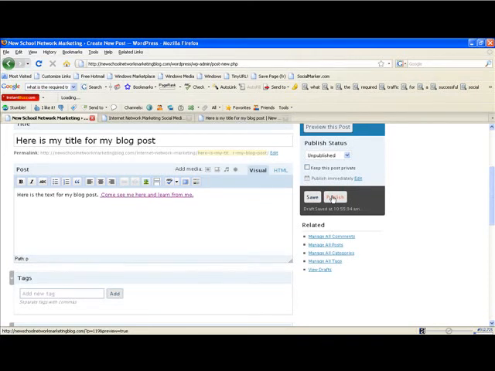Again, I really think blogging is really important if you're in online multi-level marketing or network marketing, or even if you're not, as a great way to get information out there and to start to brand yourself as an expert. The more content you have out there, the more people are going to look to you for information.